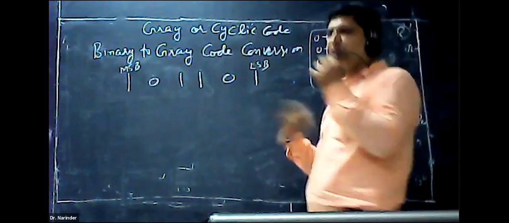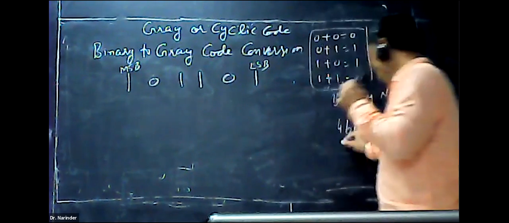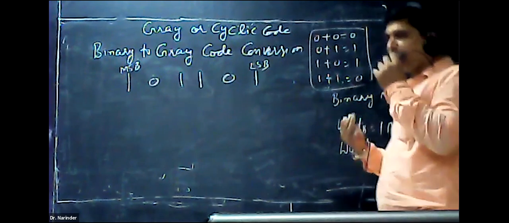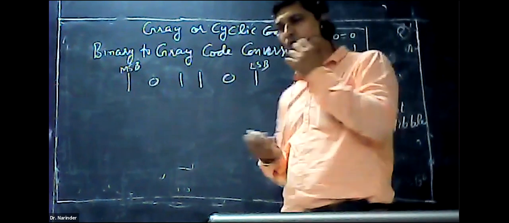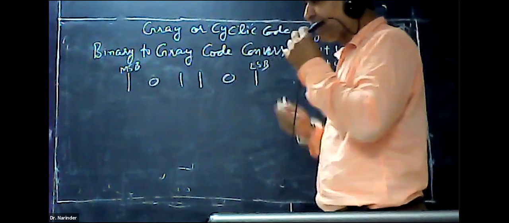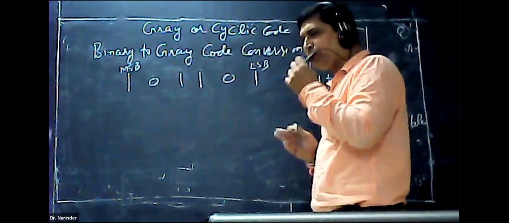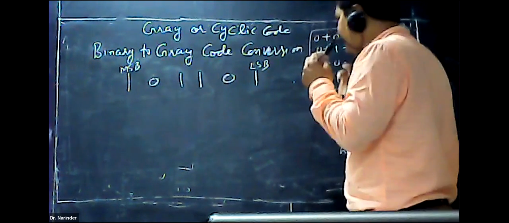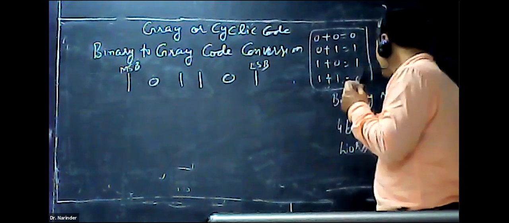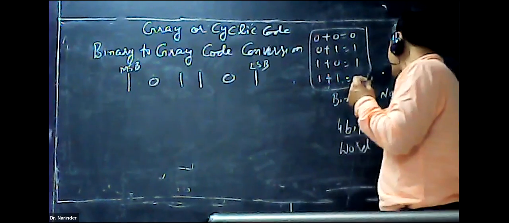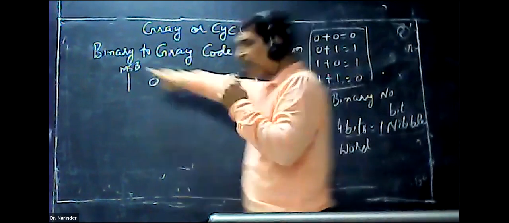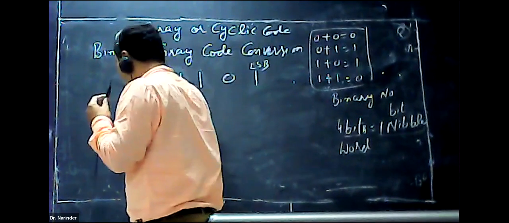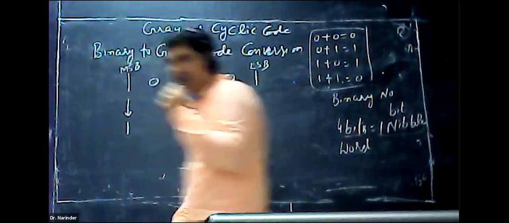There is also a word after that. It varies. Some say it is composed of 8 bits, some say 16 bits. It depends upon the microprocessor which you are using. While we solve this exercise, with the microprocessors, we will be able to understand. So right now you have to remember 4 bits is equal to 1 nibble. This is the most significant bit. This is the least significant bit. Starting from the most significant bit, it should be as it is here. Understand it carefully.